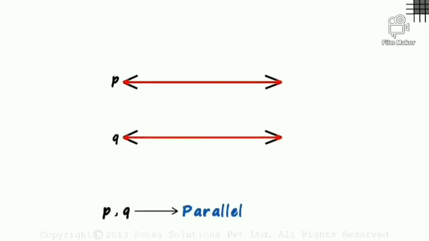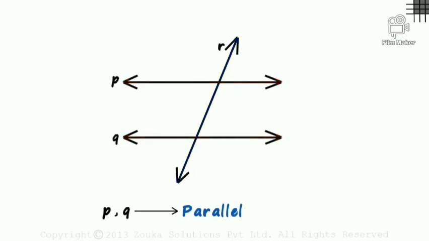Okay children, you will see here a transversal. Here P and Q are the two parallel lines. They do not intersect each other. Now I am drawing here transversal R which touches the lines P and Q at two distinct points. In this video, you will try to understand the different kinds of angles formed with the transversal.